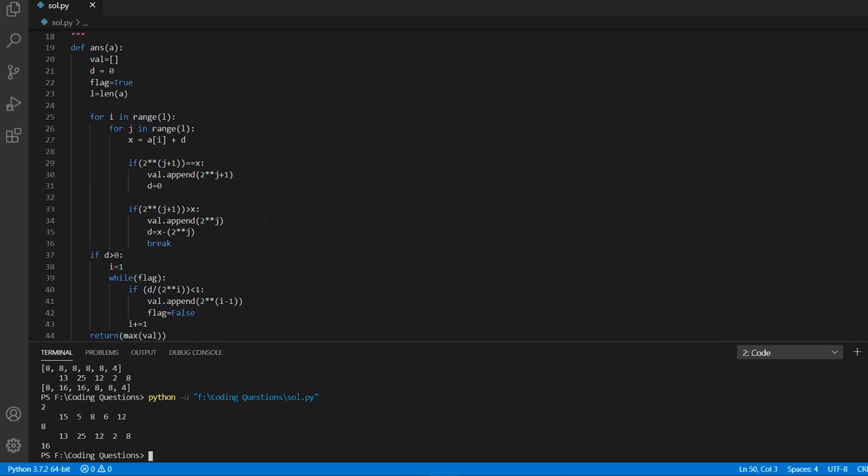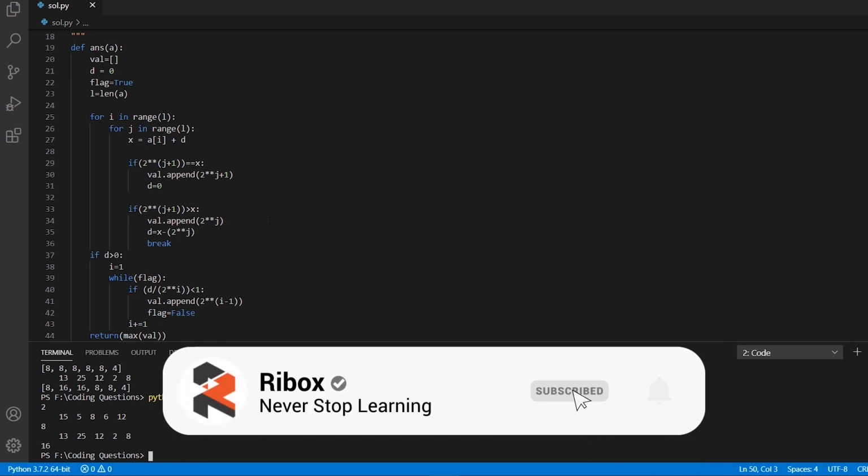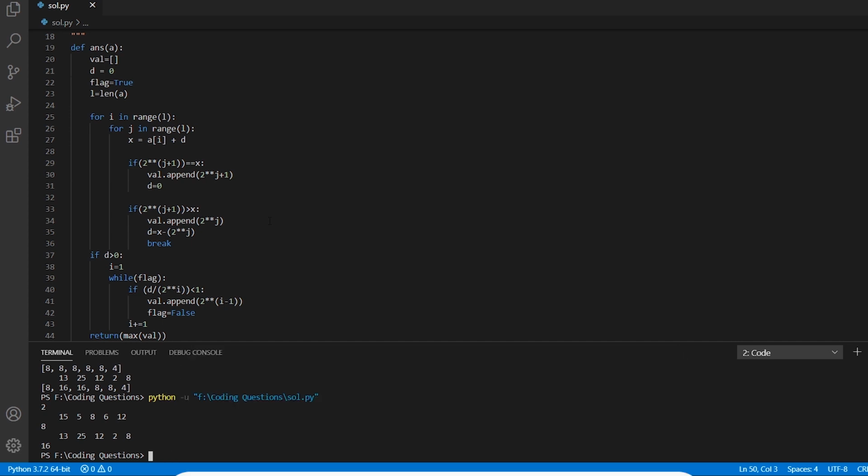And if the value is going to be greater than x, then we have to append the value which has a power less than the current power inside of our value list, and we have to calculate the difference d. Now you might wonder why we wrote the line number 31, that is d equals to 0, in the case where 2 to the power j plus 1 is equal to x. This is because if the value which we are calculating becomes equal to the input, in that case there will be no difference. However, for any case where we have already calculated a value and d holds a non-zero number,